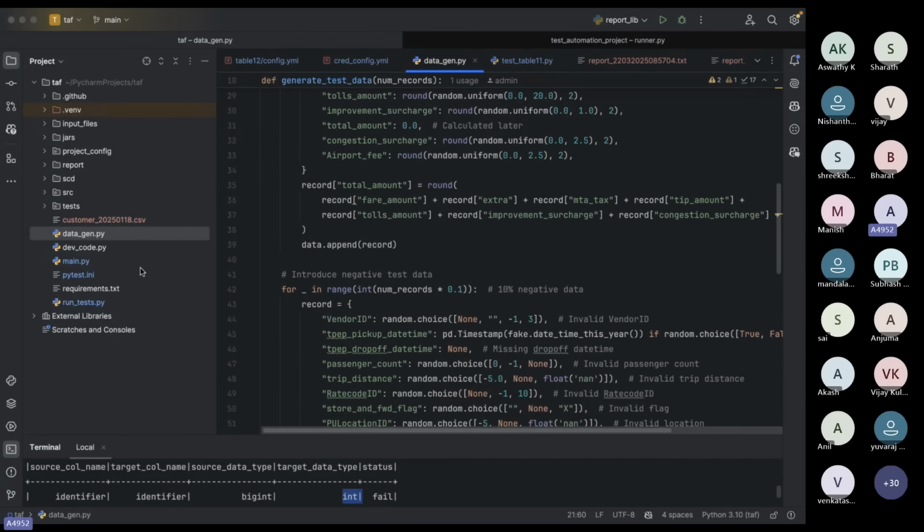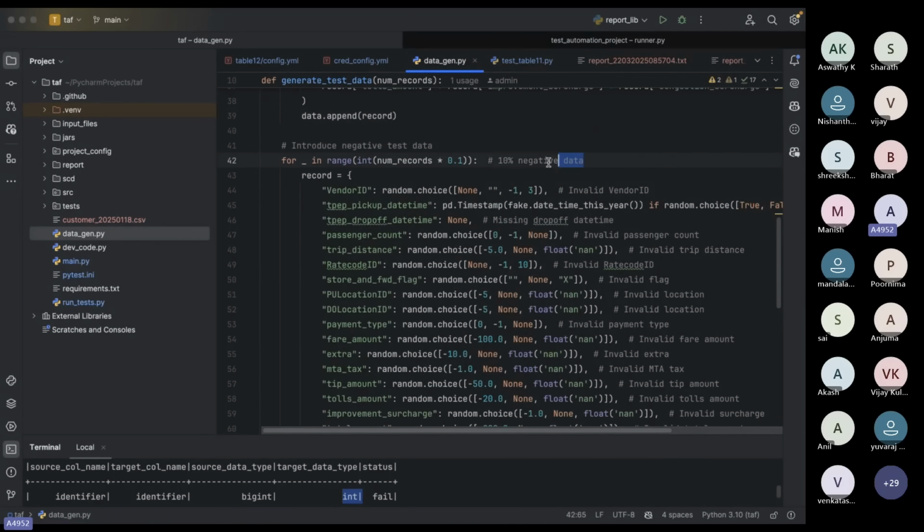Yeah, we can integrate this kind of test data generation tool, but it is not a one-stop solution, because each project will have some different use cases, right? Some need existing data that is already there in the database table, right? So it's not fully ready-made code, but we can customize this code as and when we need it.